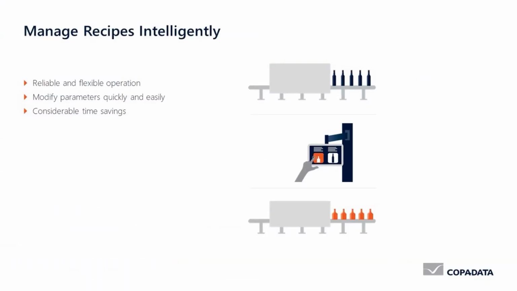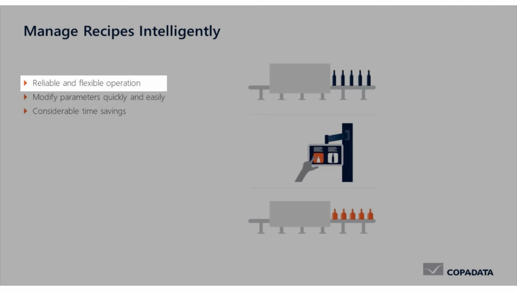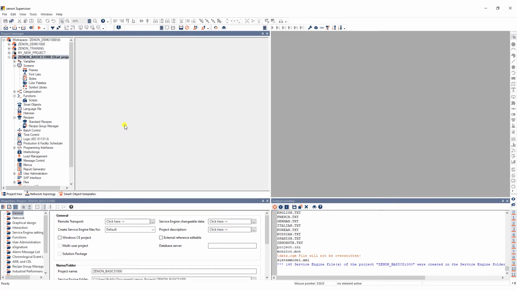In this video, I'll give you a quick overview of how to use standard recipes in the Zenon service engine. In the service engine, Zenon ensures intelligent recipe management as well as reliable and flexible operation, allowing you to modify and adjust parameters quickly and easily when, for example, changing over to a different product, which saves you a lot of time. Before you can use your recipes in the service engine, you need to create either a special recipe